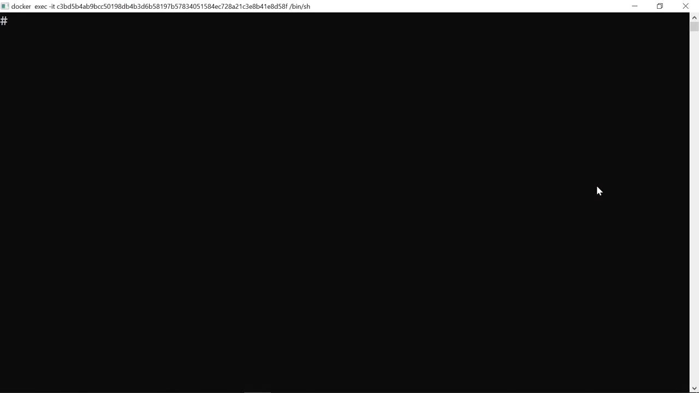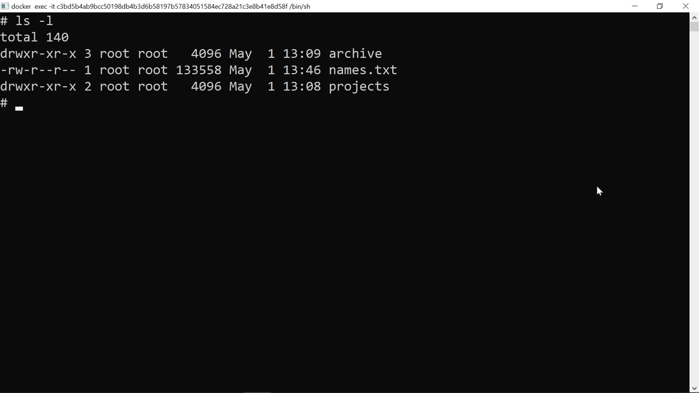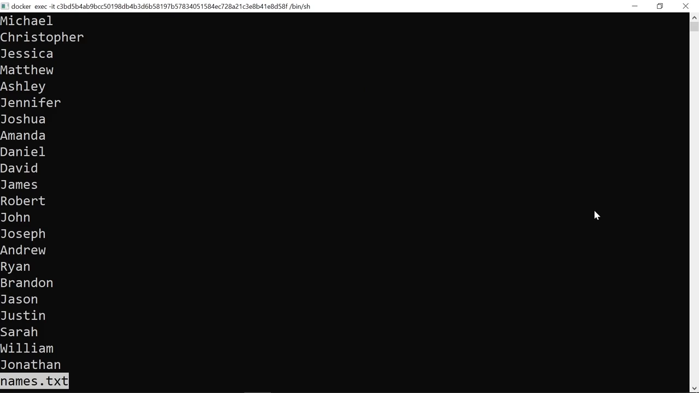grep stands for Global Regular Expression Print, and it's used for searching across files and folders as well as the contents of files. On my local machine, I enter the command ls -l and see that there's a file called names.txt. If I access that file using the less command, it displays a list of first names in non-sequential order, as